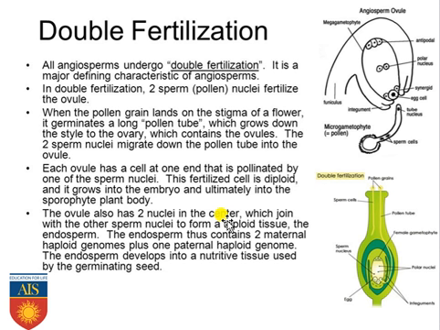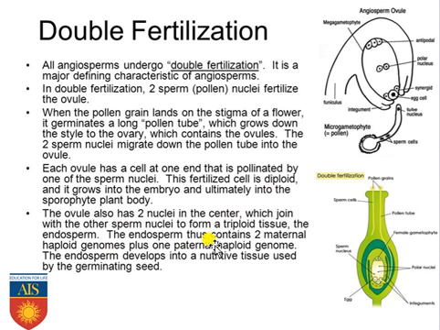Next, the ovule also has the two nuclei in the center. Those are commonly known as polar nuclei, which join with the other sperm nuclei or the male gamete, forming a triploid tissue or the triploid cell, and that is known as endosperm or primary endosperm nucleus. The endosperm thus contains two maternal haploid genomes and one haploid genome from the paternal, that means from the male